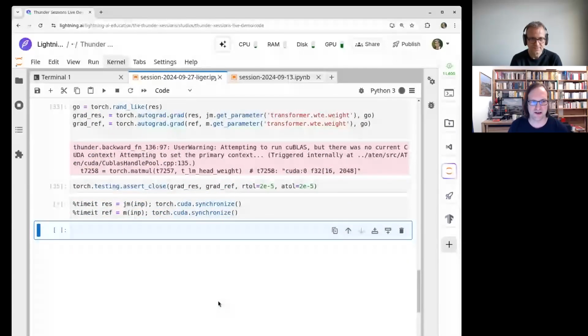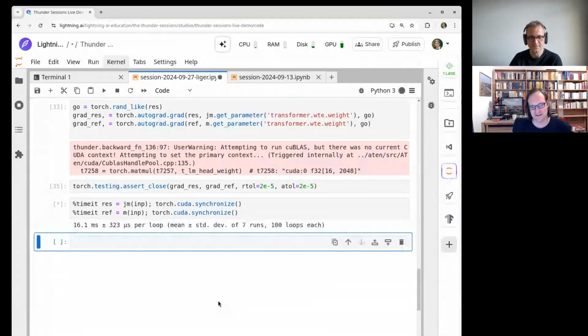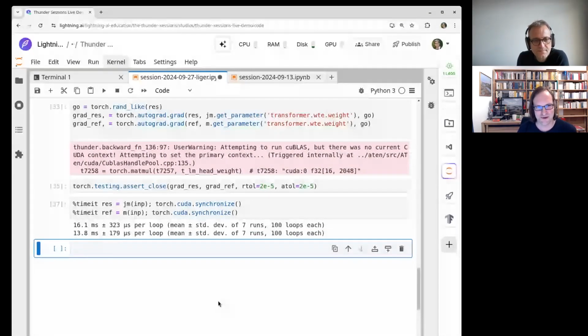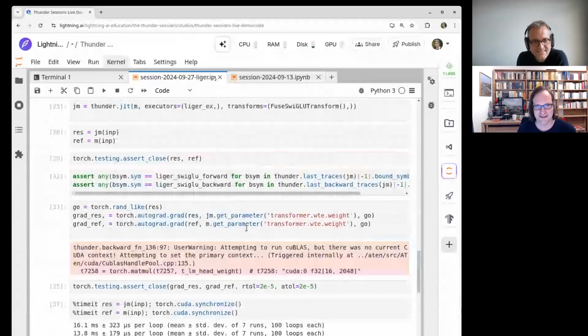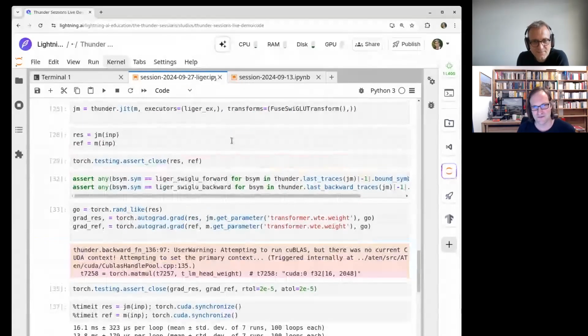Okay, so now it doesn't compile again, happily. It should be faster, but it runs it a number of times in order to get the timing. And so it's 16 milliseconds when we run it with Thunder and with the Liger kernel, and it's 13 without.